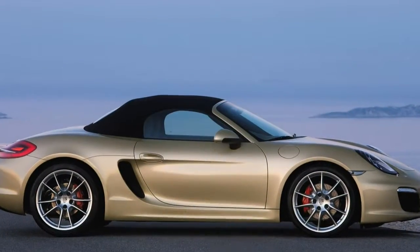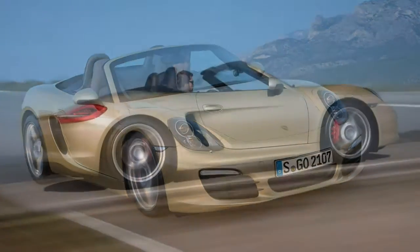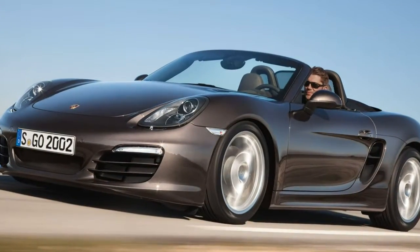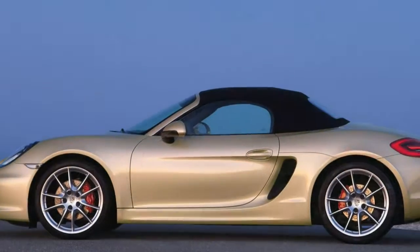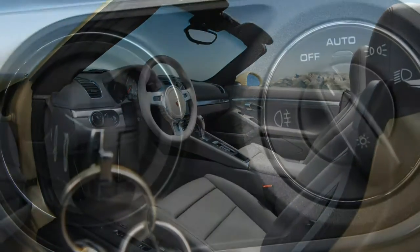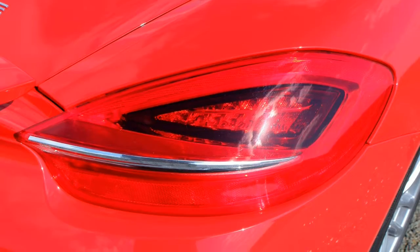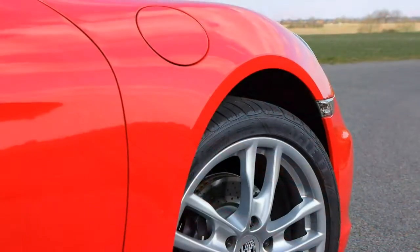The Porsche feels like a pretty special place to be. All the cabin materials are of the highest quality and the dashboard layout is sensibly and logically laid out. You get rake and reach steering adjustment, and even with standard manual seat adjustment you won't have any problems finding a comfortable driving position. The previous model could get a little noisy in the cabin, so Porsche has added an extra layer of insulation in the soft top to quieten things down. The sports car manufacturer says it has reduced noise in the cabin by 2 decibels. Although we were not able to make a direct comparison, it is certainly true that both wind and road noise